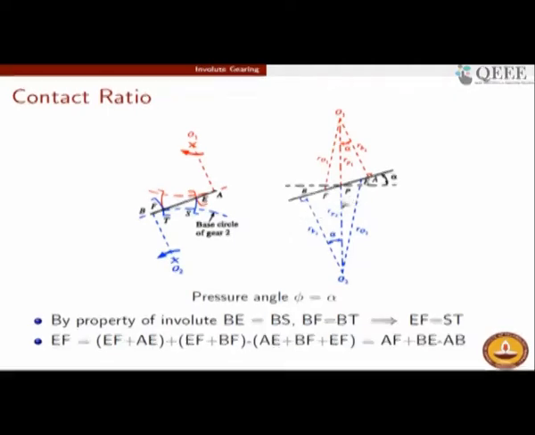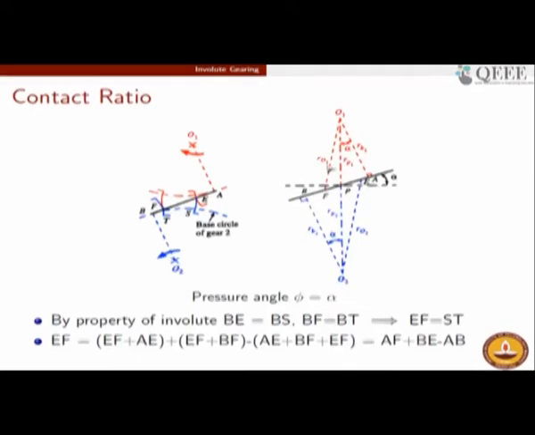So what we need to find is AF. We note that AB is a tangent, so that means O1A is perpendicular to this tangent, O1A being the radius vector of the base circle. So therefore the radius and the tangent will form a 90-degree angle, and therefore if we take a triangle which is O1AF, then it is a right angle triangle,